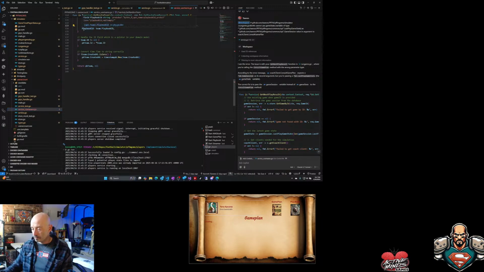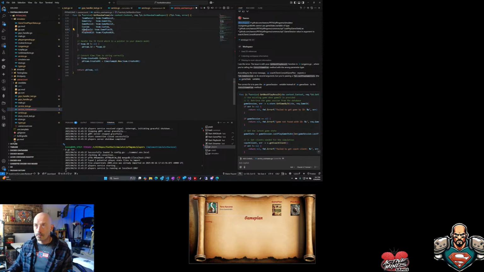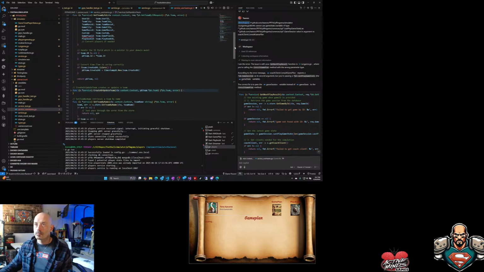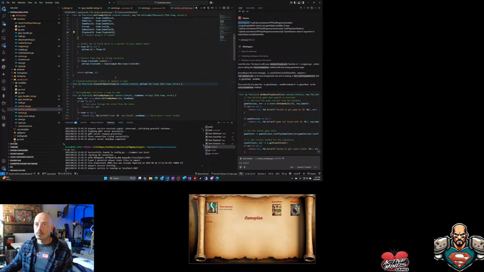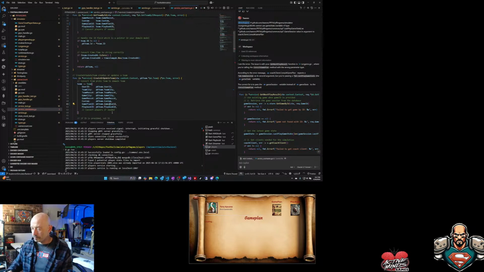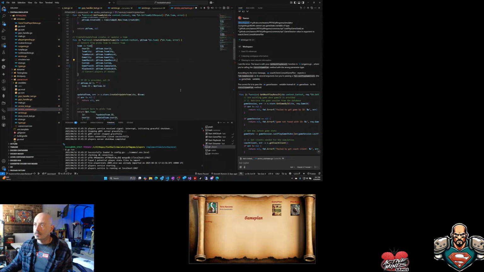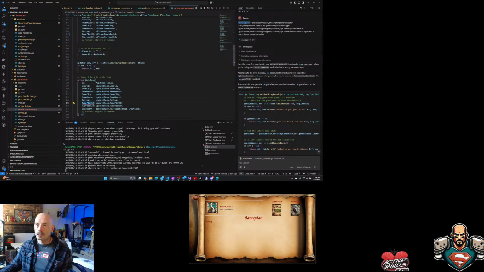Lowercase p. There we go. That was an easy one. I like it when they're easy to fix. It's just a reference issue. Or I fixed the case of stuff, and now